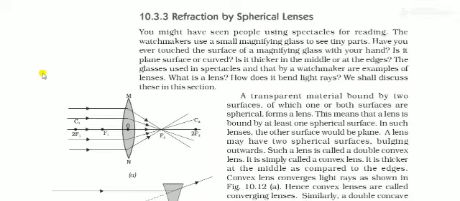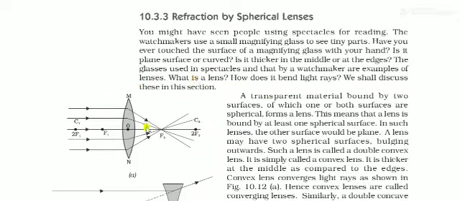So in the last class we had completed the concept of refraction of light, meaning the phenomena of refraction of light from the glass slab, what is the meaning of double refraction, what was the emergent ray and all. And today we will complete refraction by spherical lenses. We will cover what is a concave lens, what is a convex lens, and the conditions under which the image will form in case of both lenses.